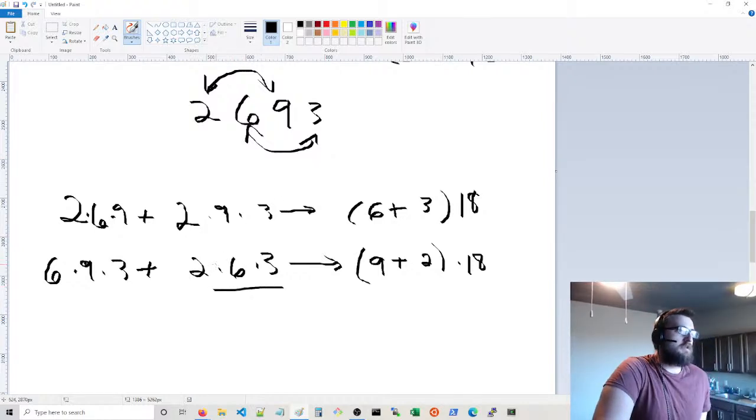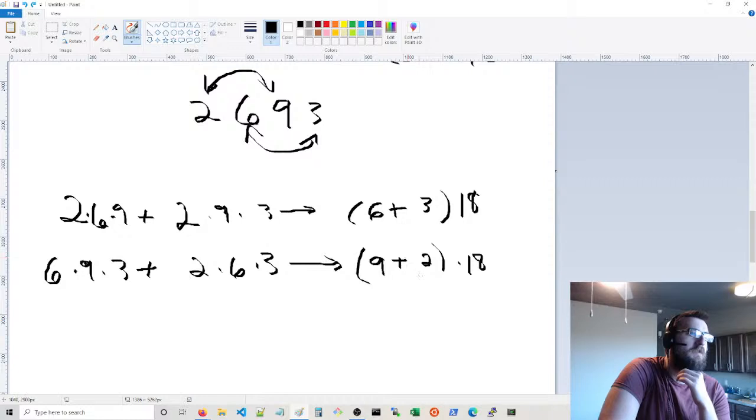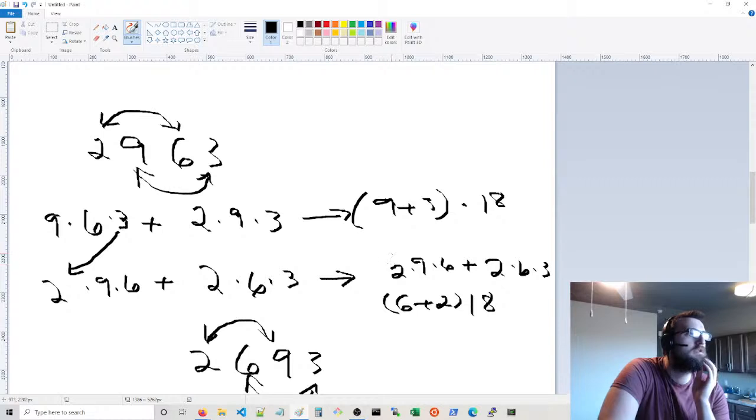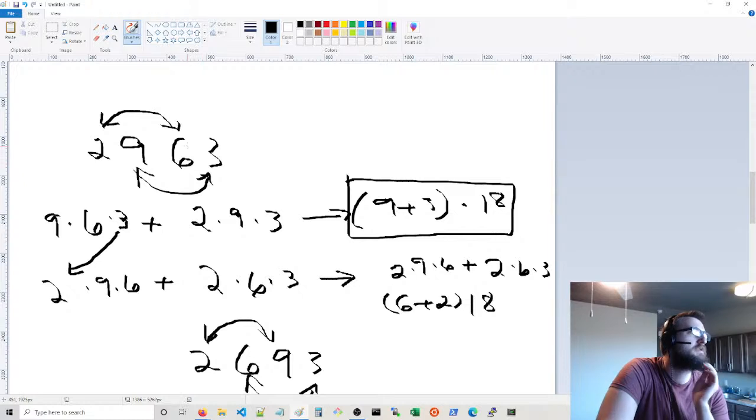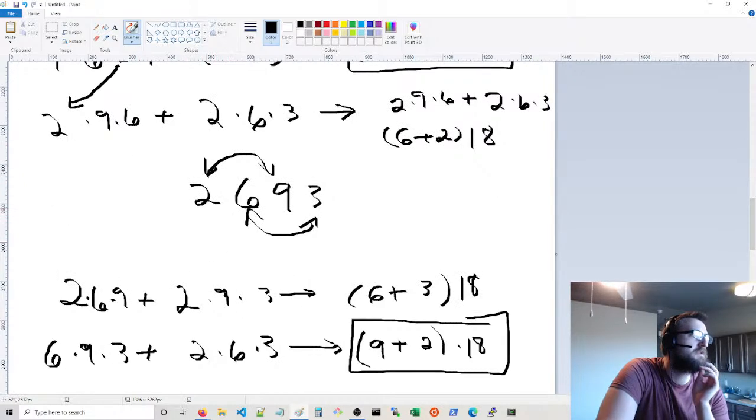Right, because this gives you 18 and 2, and this gives you 18 and 9, and that gives you 9 plus 2. So this is actually the one you would want. 11 times 18, not 9 times 18. And this other one works in this case with 2963. You can do the smaller one first, but 2693, if you do the smaller one first,